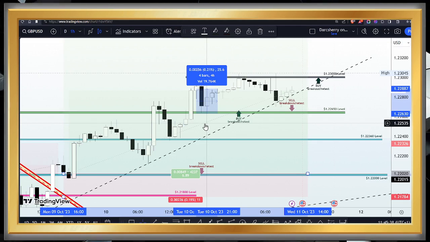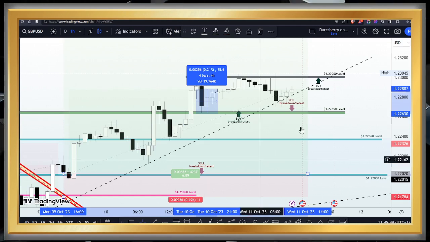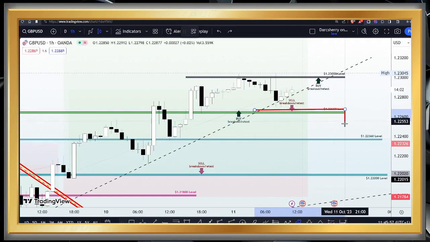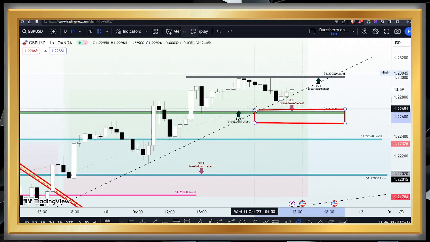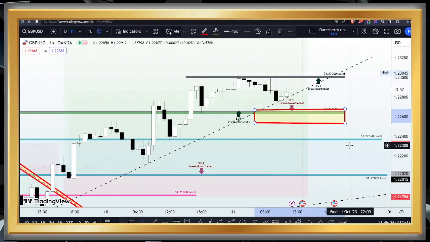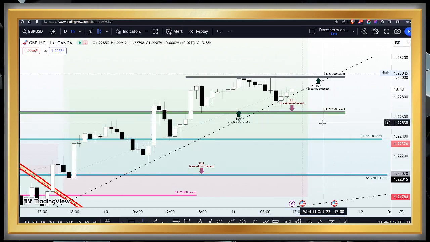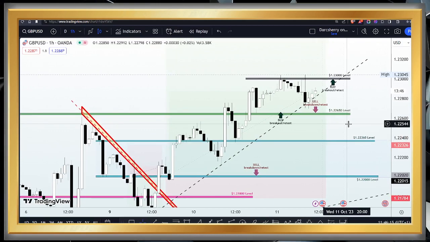Now, the next thing we want to be doing here, as you all know, is to move our stop losses right now to secure the current buy positions as we look out for more buying opportunities. And based on this current structure, I'm of the opinion that as long as price remains above the trend line, we look out for buying opportunities. So our stop loss will be anywhere around the 1.22650 area. Remember to allow enough room for price action to break, just in case we could witness a false breakdown of structure at any point in time. Now, with a well-secured position at this juncture, what is going to be our next line of action for today's trading session?